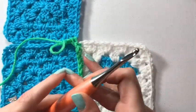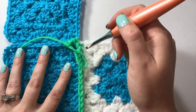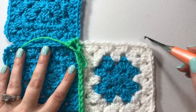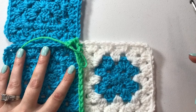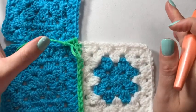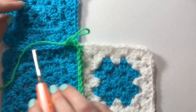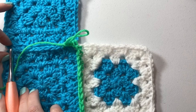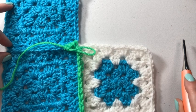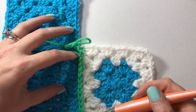So technically I would have started on this end and gone this way and joined diagonally from here to there, and then gone across and joined these two, leaving this one open pretty much. But it will always be connected to the one to the side, so it's going to be connected to somebody no matter what. But when you're doing it the correct directions, it'll show that you've joined this diagonally, and you'll go straight across. So then you would start on your